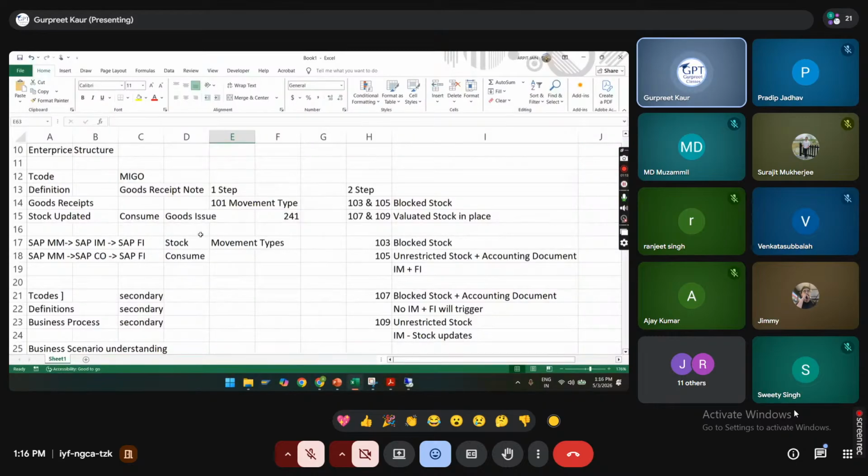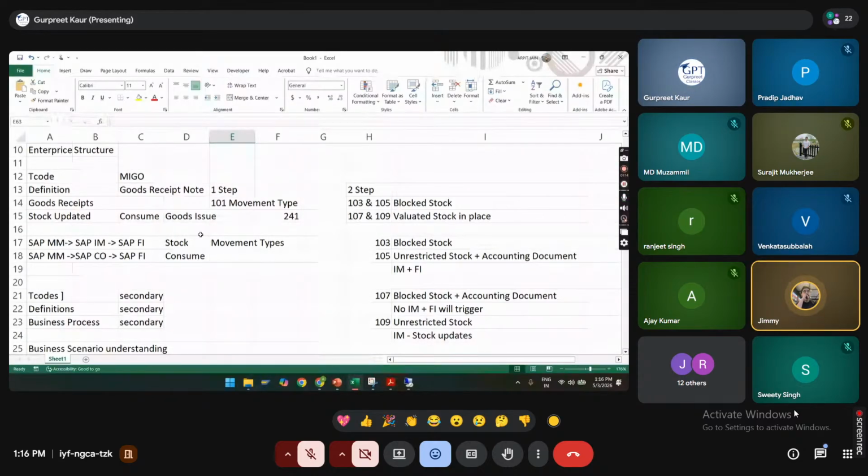Now we have the business based scenarios which you have to perform in their SAP system, not in your SAP system. Understood. It's a system based paper for the sourcing and procurement. It is going to help you.